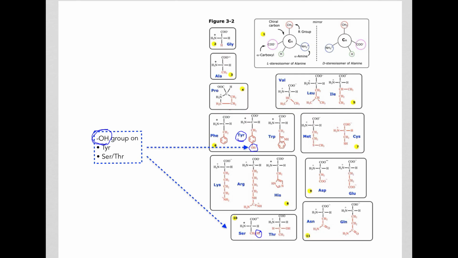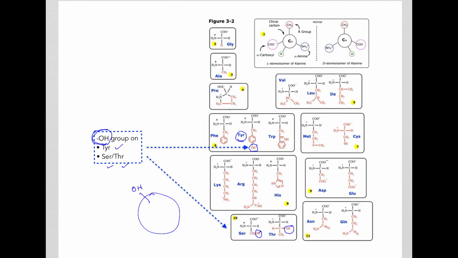Serine has a hydroxyl group, and then we have threonine. So tyrosine, serine, and threonine are three amino acids that we find in proteins. So if there's a protein where we see a tyrosine or threonine or serine, that's the only place you see